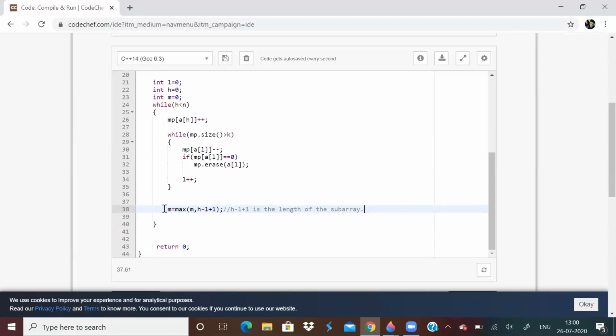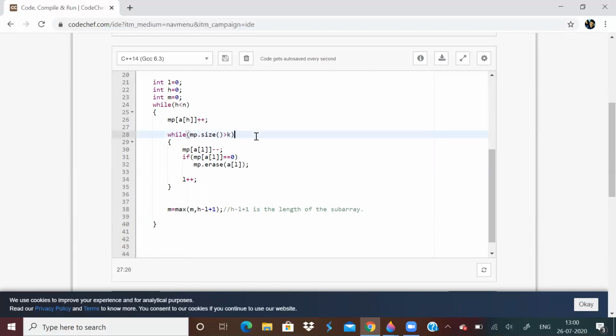We need the largest out of all of these. That is why I'm storing that value in m, like this, max of m comma h minus L plus 1. H minus L plus 1 will be the length of the subarray.